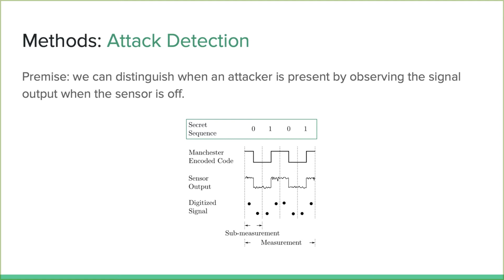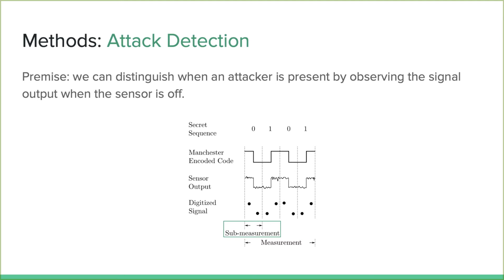In this case we have a 0101 sequence that we've chosen randomly. So that's our 4-bit number. Next we encode it using Manchester encoding, so we have an on and an off portion for each bit. You can see the waveform is on at some portion and off at some portion per the secret sequence in each bit. We will take sub-measurements